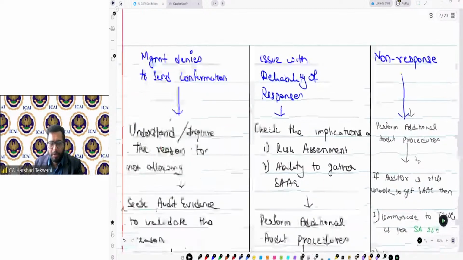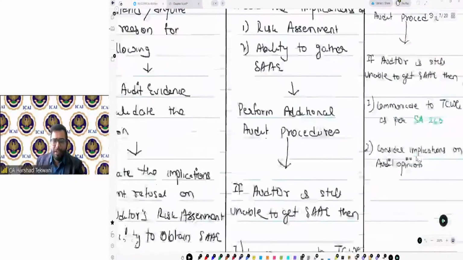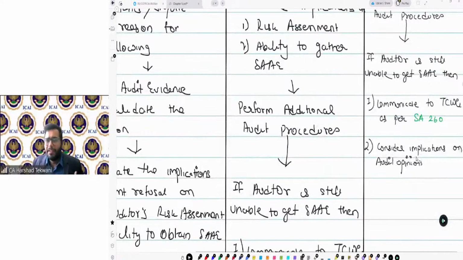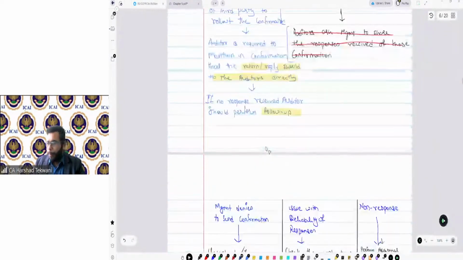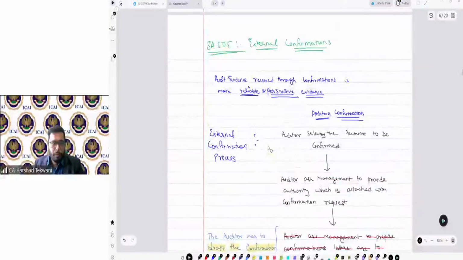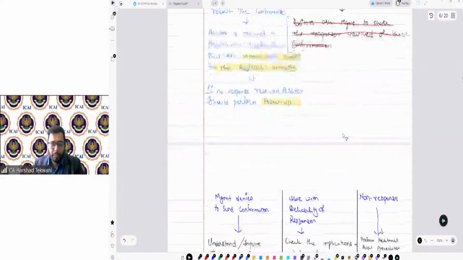Okay. Same. Perform additional audit procedures. If the auditor is still unable to get sufficient and appropriate audit evidence, then communicate and consider the implication on the audit opinion. That was with respect to the positive confirmation.